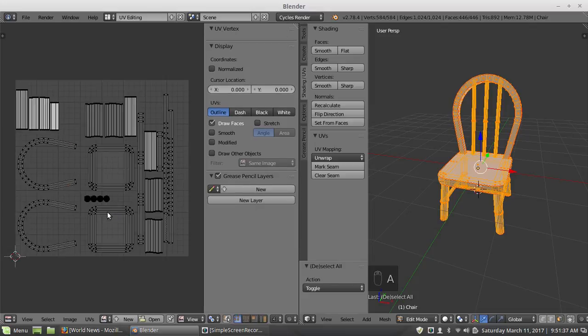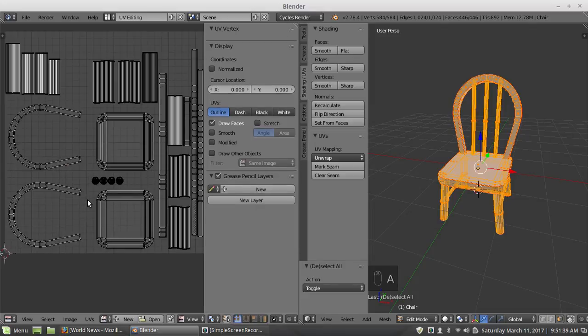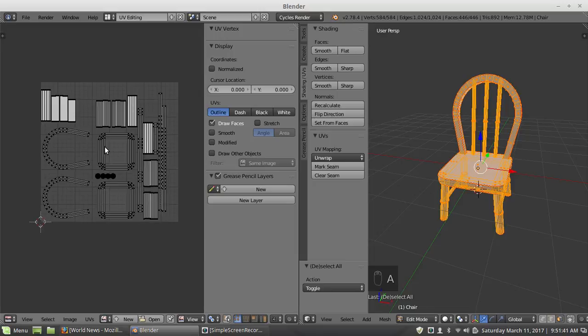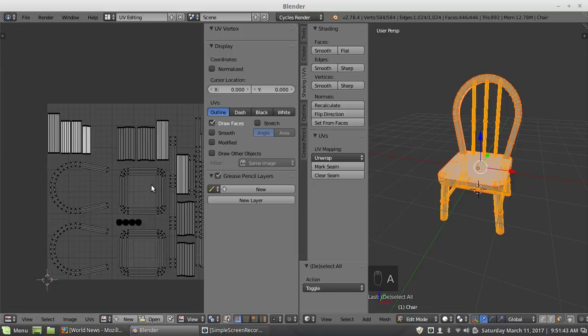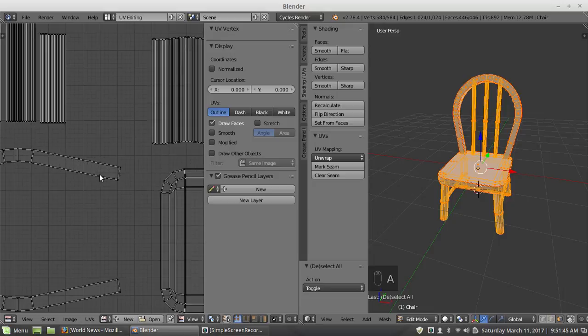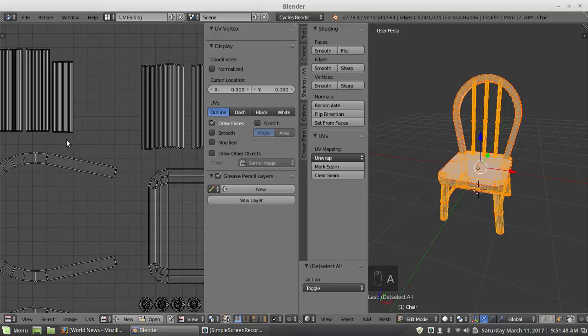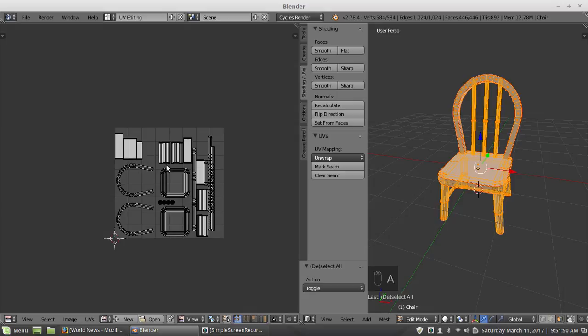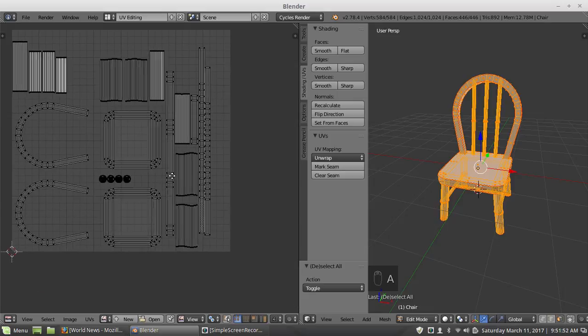out. And the term bleed actually comes from the printing industry, because where you overlap your print on a page, it goes off the edge of a page, and in this case, instead of going off the edge of the page, it's going off the edge of your UV islands, but the same idea applies.